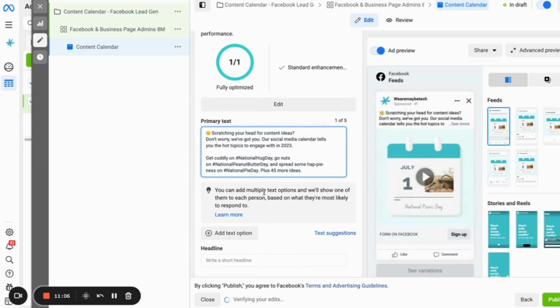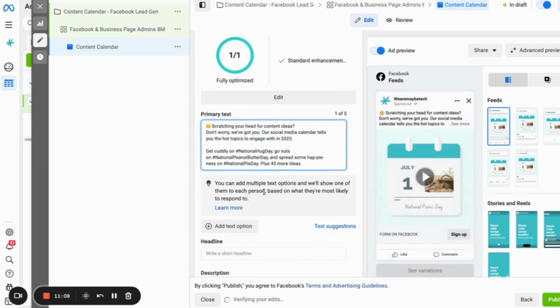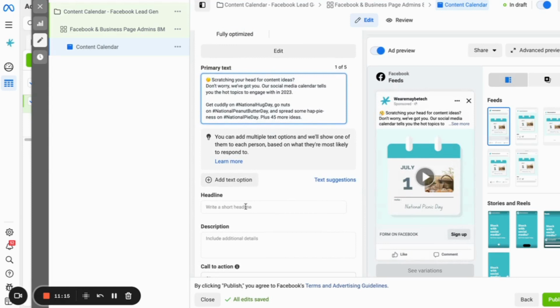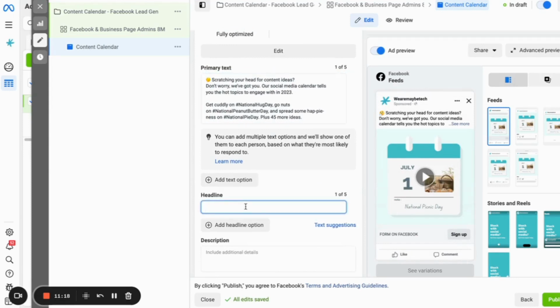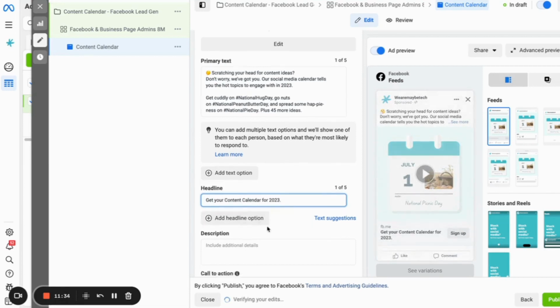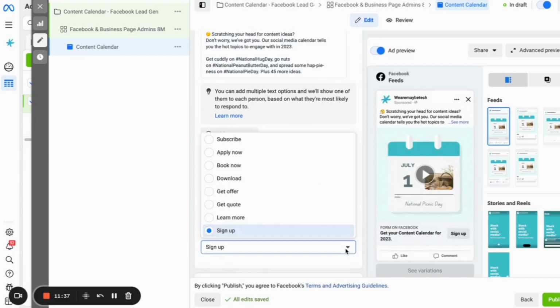Scratching your head for content ideas? Don't worry, we've got you. Our social media calendar tells you the hot topics to engage with in 2023. So hopefully that'll entice some interest. Let's put a headline here: Get your content calendar for 2023. And I'm going to edit that button so it's not sign up, but we're going to put download